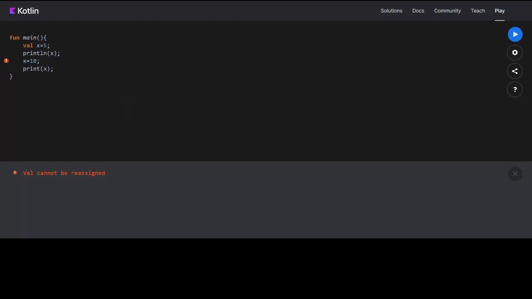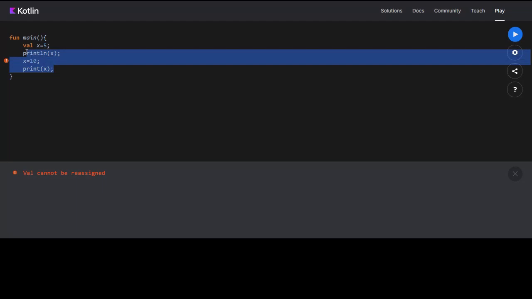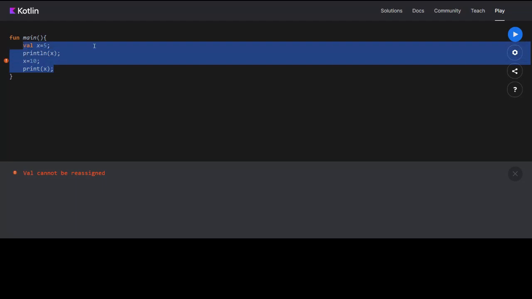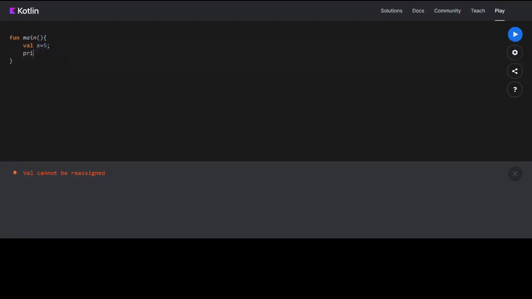So what is the use of dollar? Dollar is used whenever you want to add a variable, like print a variable inside a string, right? If you say print hello, so like let's say val x is equal to Cyril. Now, if I want to print my name is, I have to print the variable x here. So then I will do $x.